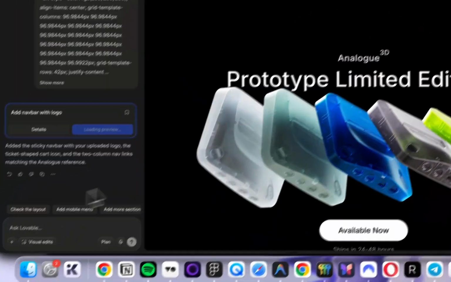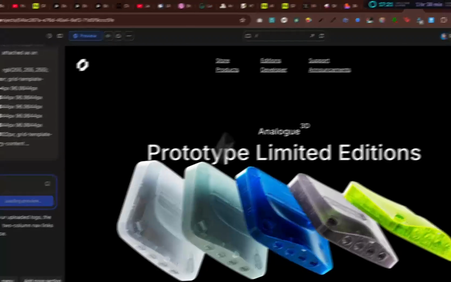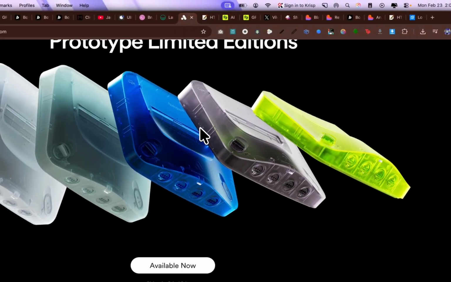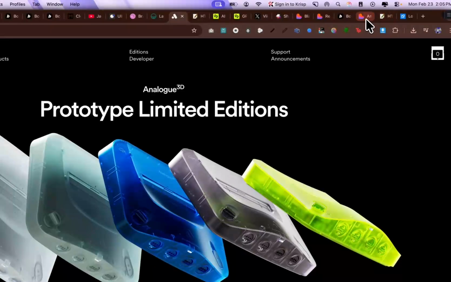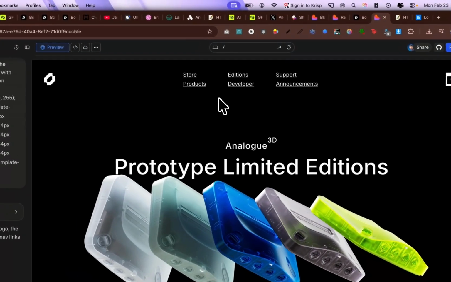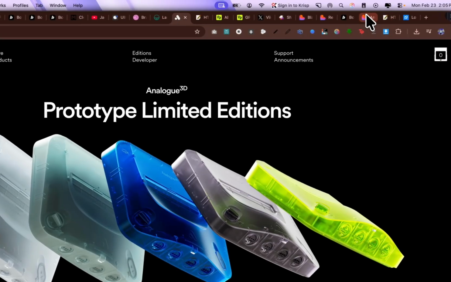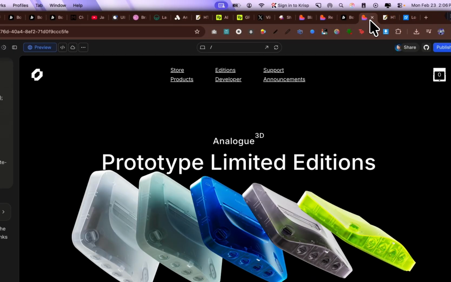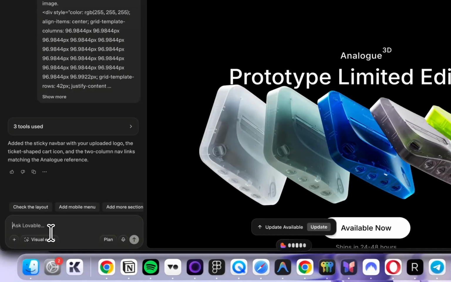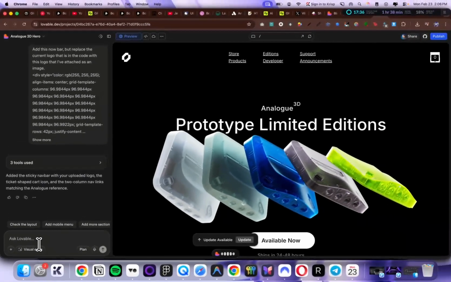So this is our navbar. Let's improve a few things. As you can see here, we have some underlines below the text. Let's get rid of that. I'm gonna say remove the underline in the navbar text. Also, let's